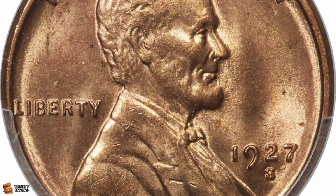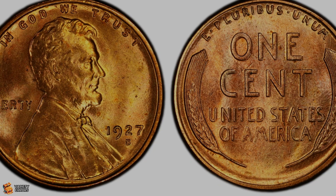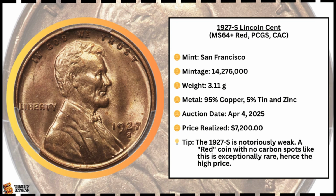Now we have to talk about the West Coast. The 1927S is notorious. San Francisco strikes in the 20s were often weak, mushy, and plagued by bad planchets. Finding a red example is extremely difficult. That's why this next coin, which sold in April of 2025, brought such a massive number. This is a 1927 S MS64 Plus Red, and critically, it has a CAC sticker. It's not even a gem MS65, it's a 64 Plus, but because it has that luminous copper red luster and no carbon spotting at all, it sold for